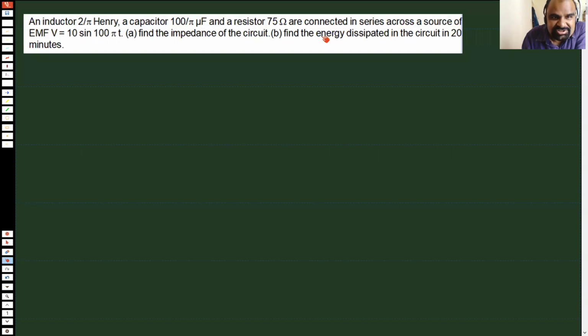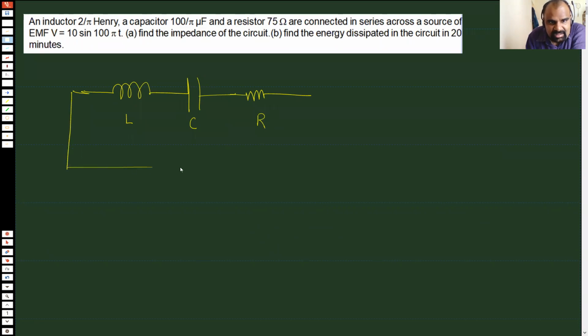So I'm solving this question now. As you can clearly see from reading this question, it is an LCR circuit because there is a resistor, a capacitor, and an inductor. So let me draw an LCR circuit. In an LCR circuit, it doesn't matter which part you draw first. Today I draw LCR, but before this I used to draw RCL. It doesn't matter. And then you have this AC source like this.